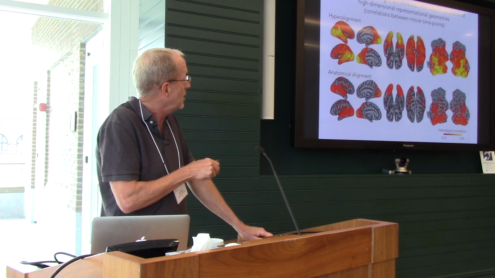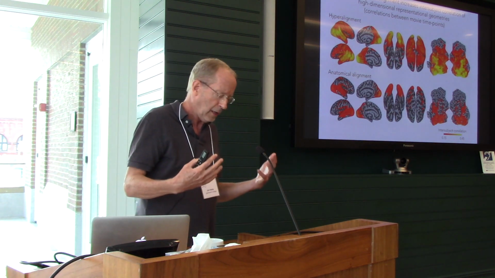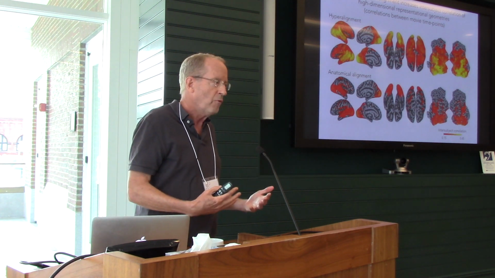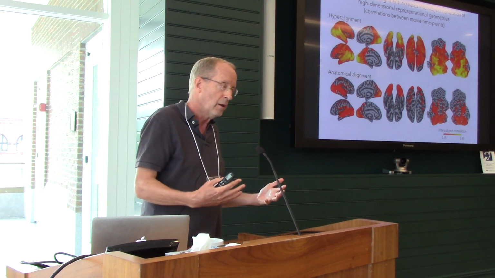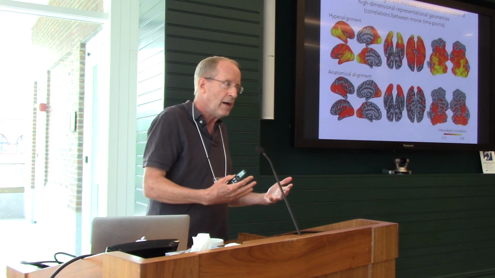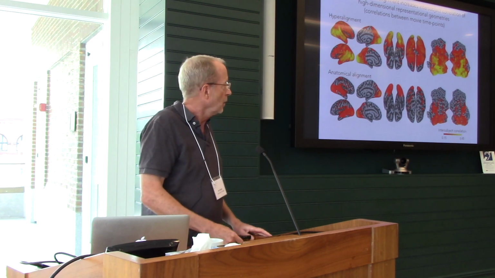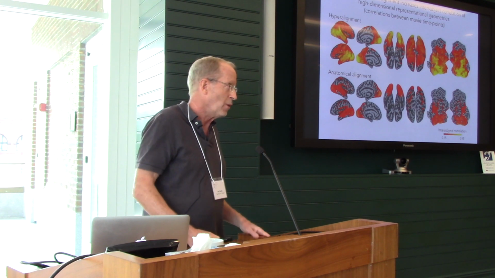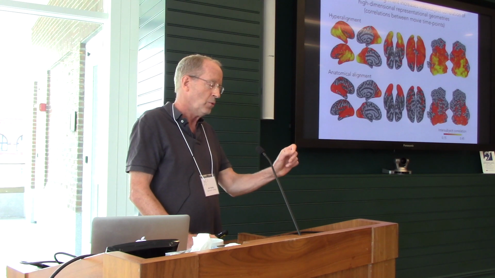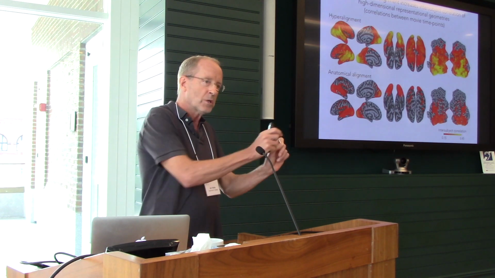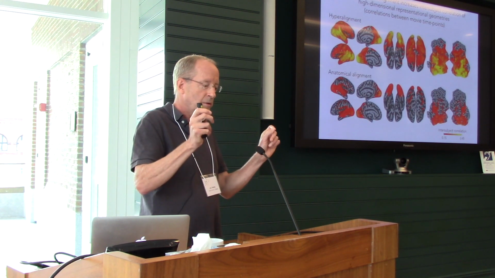Then we looked at representational geometry. And again, I'm going to talk more about this, so I have to explain it. With the movie, we can also look at representational geometry. Usually, in the representational geometry papers you've read, people will have 5 or 10, or with Kriegeskorte maybe 94 conditions, right? We have 1,300 conditions because we have 1,300 time points in the movie. And we looked at the correlation between the response at one time point and the response at all other time points. So you can imagine if Indiana Jones is in the